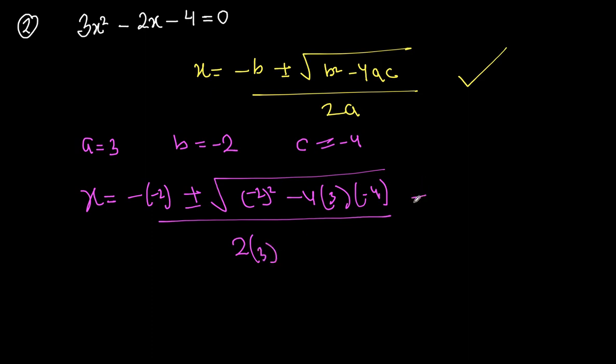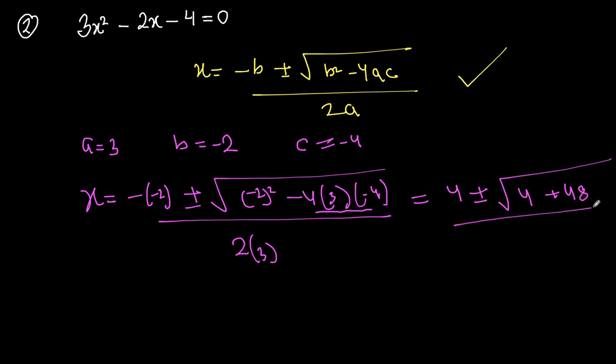If you simplify, minus 2 whole square is always positive, so you will get 4, and if you multiply this quantity, it will give you minus 12. Minus 12 times 4 is, I think, 48. So it will give you plus